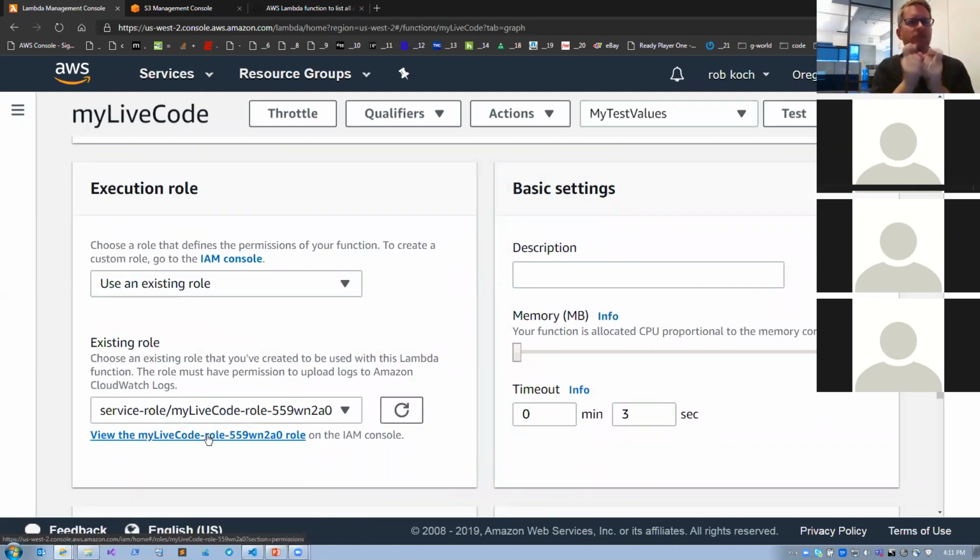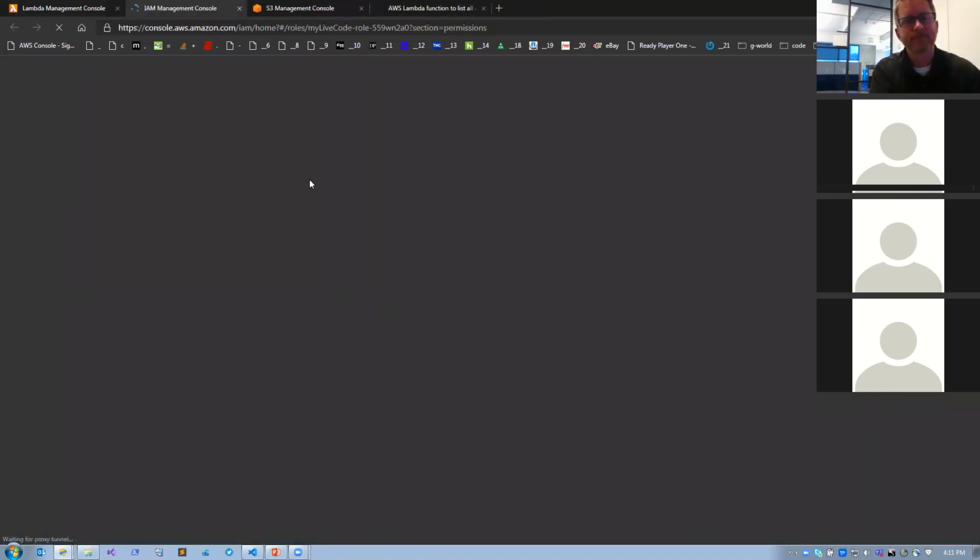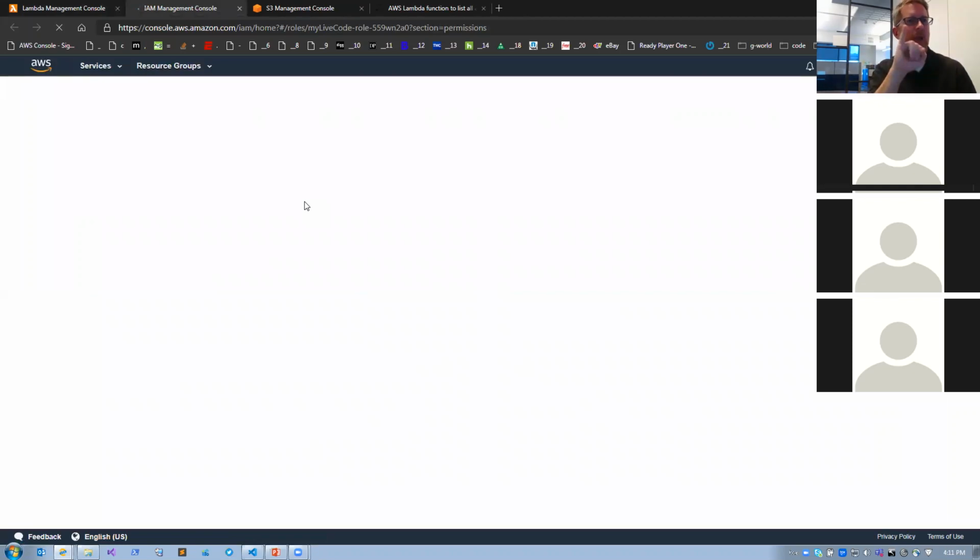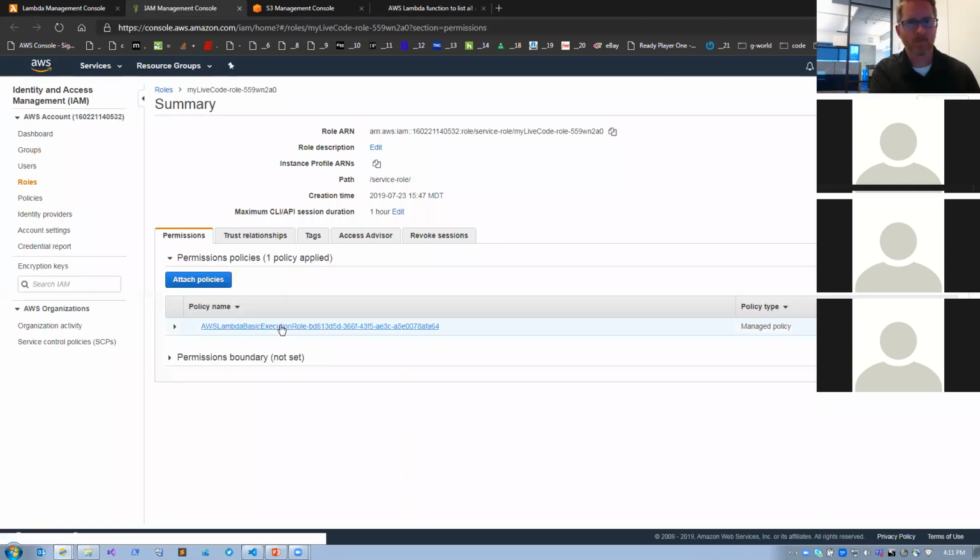You can see the role, you can go into it and edit that specific role. So now we're in IAM. Lambda basic means it's running a Lambda function and that's it. So I'm going to add a new policy to the S3 bucket,